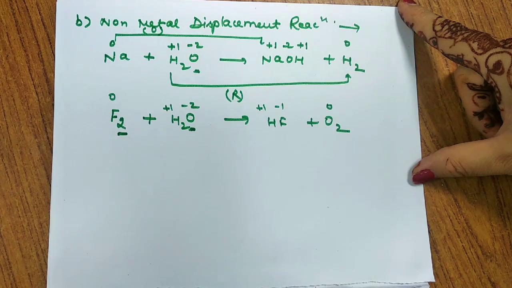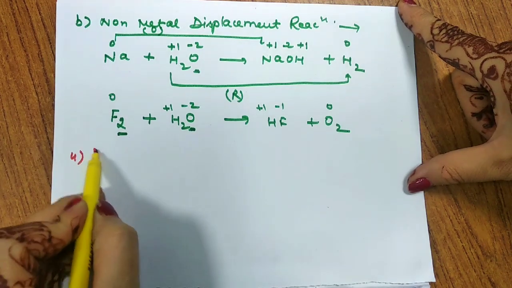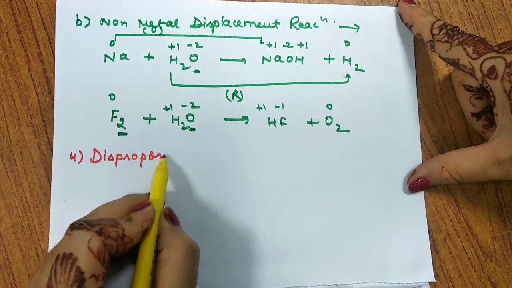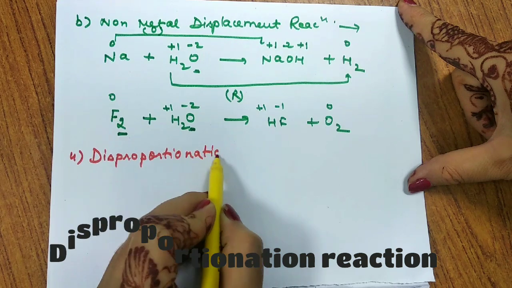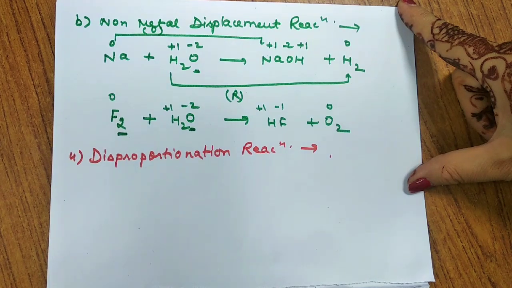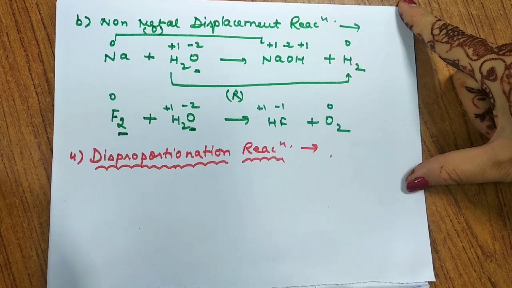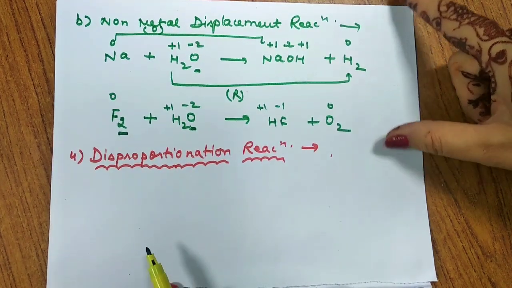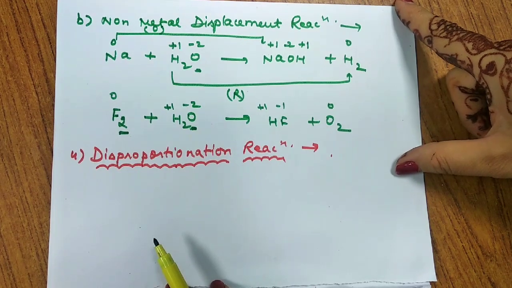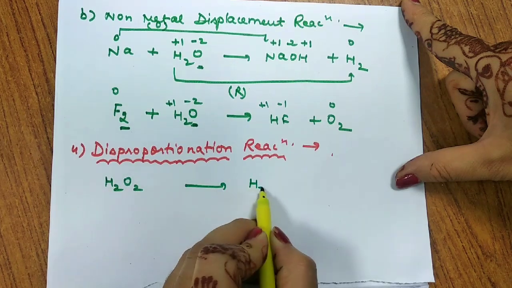Now after this we'll be having the next reaction, which is the disproportionation reaction. What does this disproportionation reaction say? This is the fourth type, a very important type. So listen very carefully to what this reaction tells us. First thing is it is a redox reaction. Second thing is it is a redox reaction in which the same element undergoes reduction as well as oxidation. That means it is being oxidized and reduced simultaneously. That means it forms two compounds. In one compound it undergoes reduction, and in the other compound it undergoes oxidation.